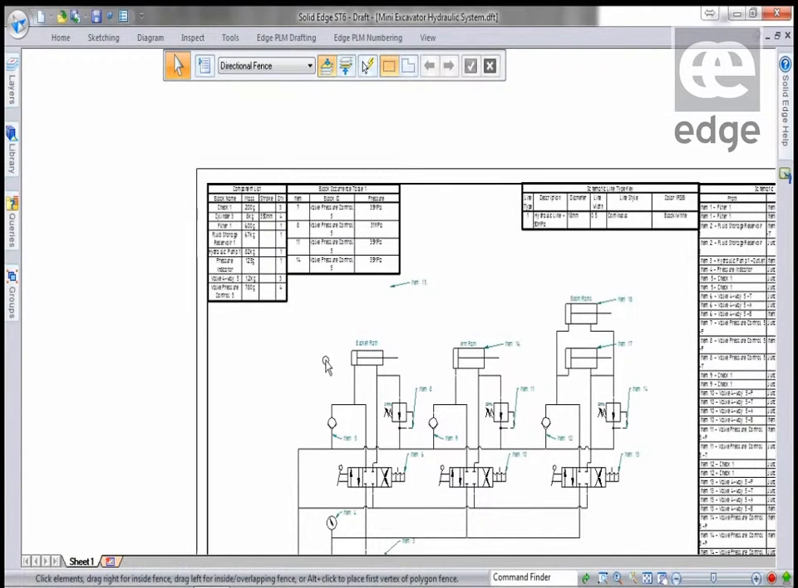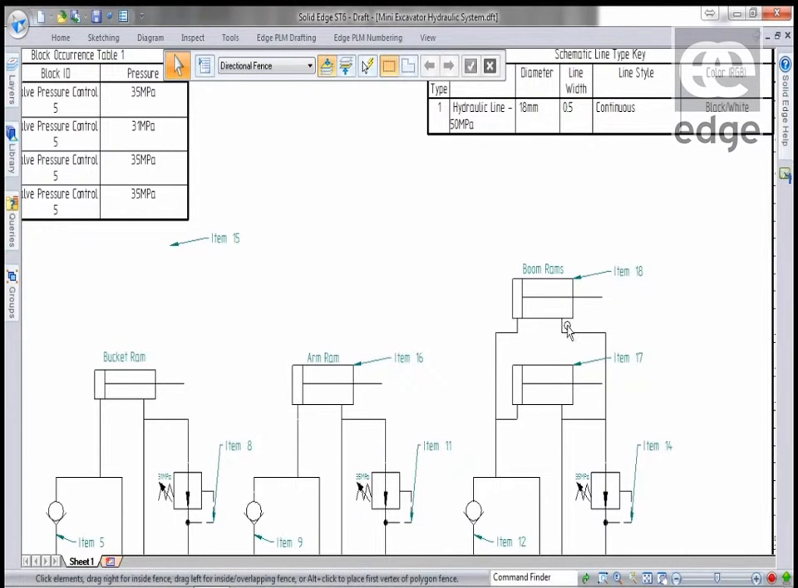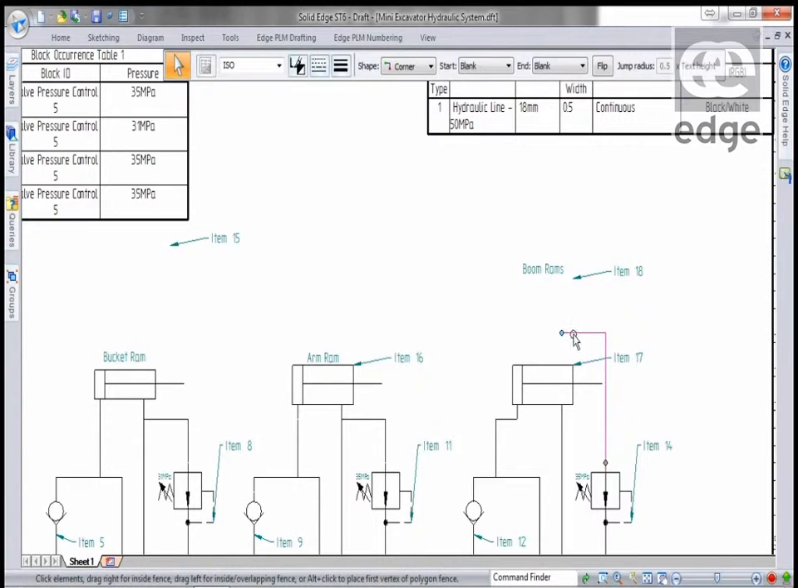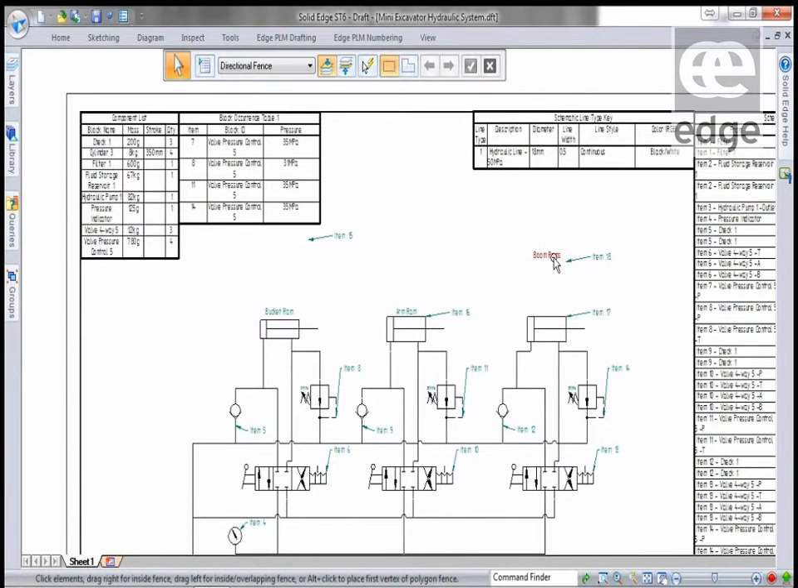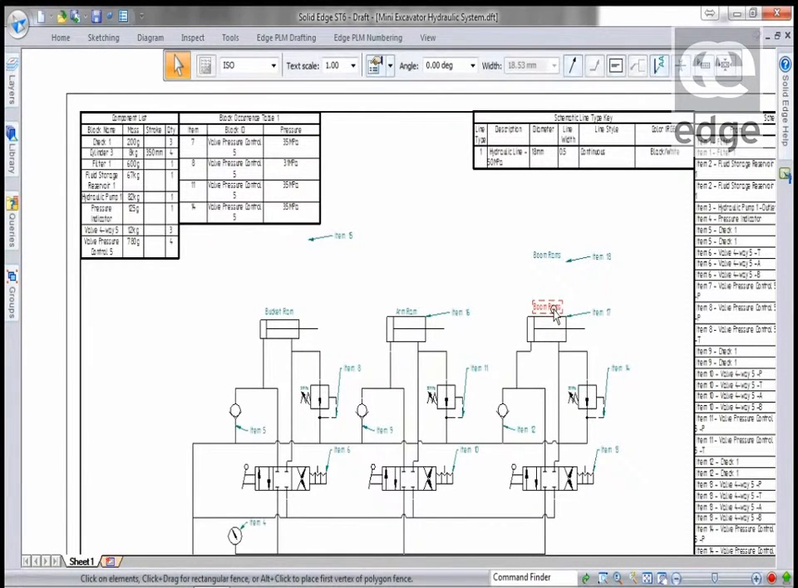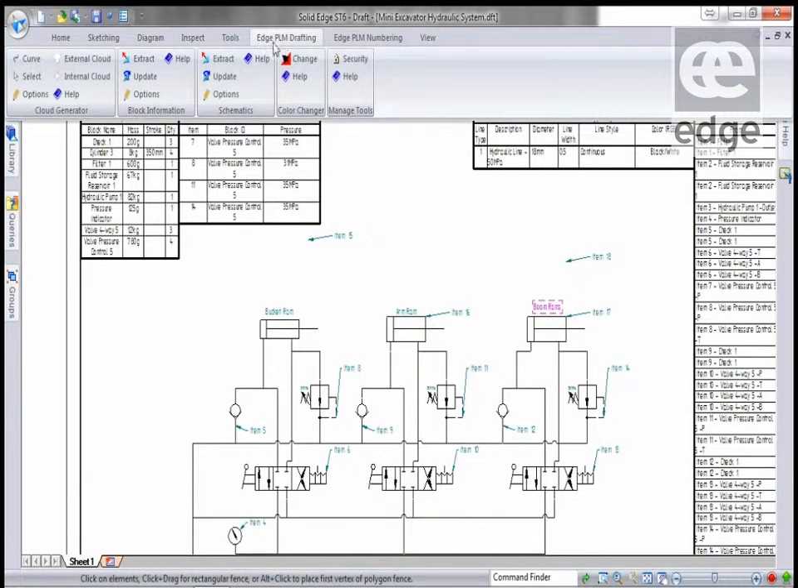Now I might want to update the layout of this as well. For example, this RAM, or the boom RAM, at the moment there's 2 boom RAMs. I only really want 1 boom RAM. So I'm just going to delete that connection, and I'll move this one down to connect up. I'll move the title down as well, and then all I've got to do is simply